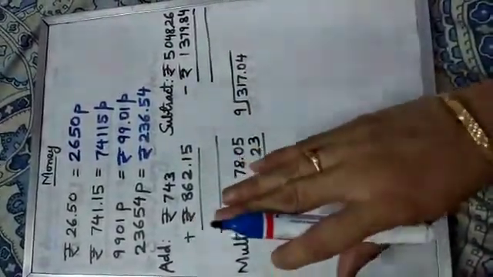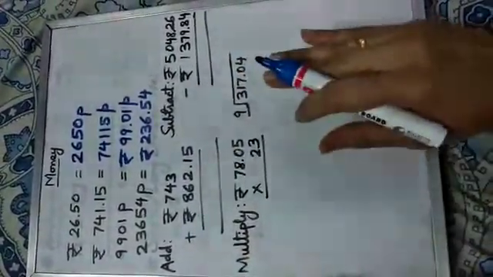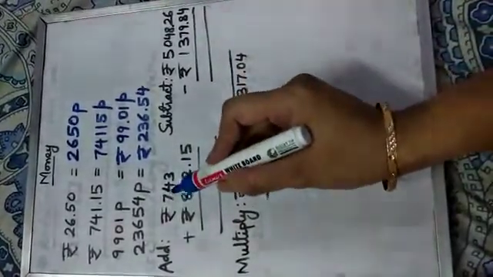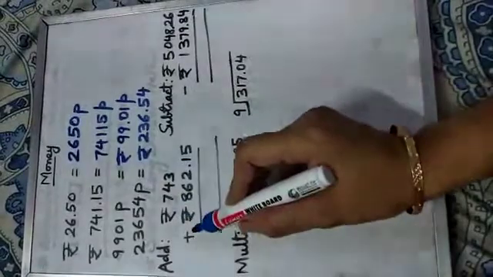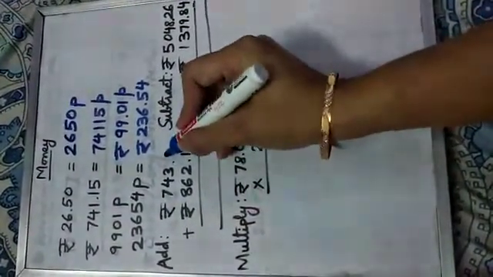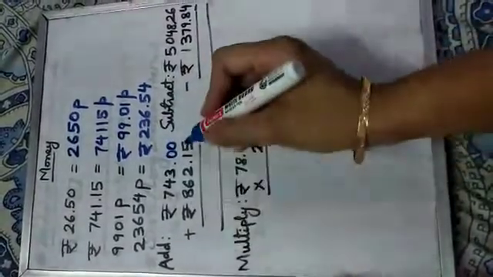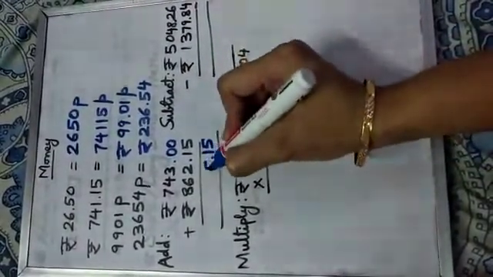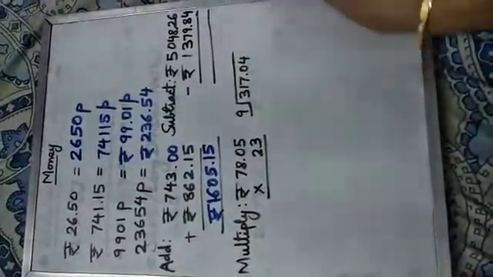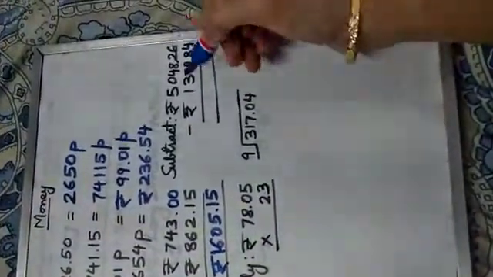Now addition is simple. We have done decimals. The way we add, subtract, multiply, divide in decimal, we will follow the same. Now students, if only 743 rupees is given and it has to be added with rupees as well as paise, so what will happen? In paise terms, we will put 2 zeros and will add. So the sum will be this, right? And that will be in rupees. Simple addition.